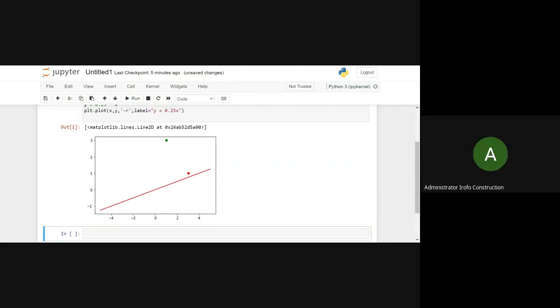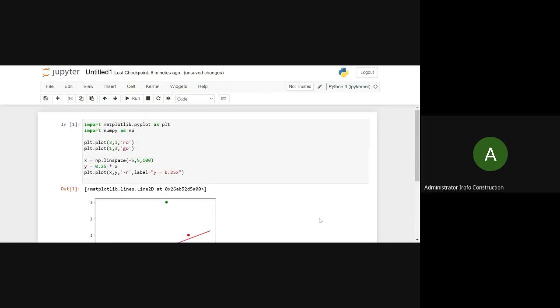Can you see the plot? Yeah, I've seen the plot. Can you see that when it was 0.25, the line was not able to separate the two data points well? But when you use the original value we had, when we added the learning rate to it, you can see the learning rate was